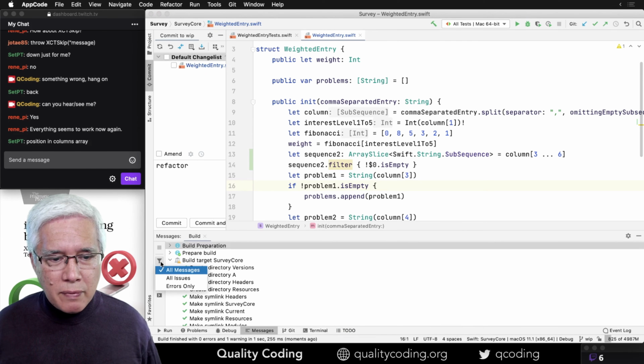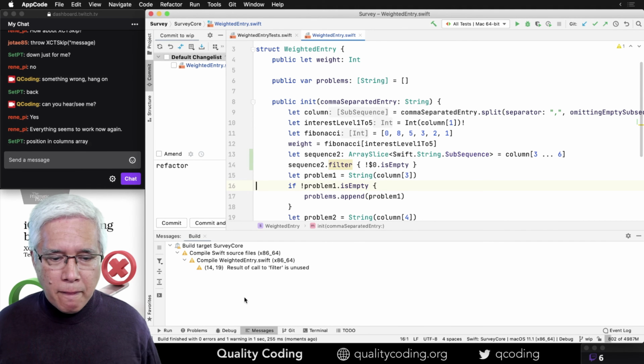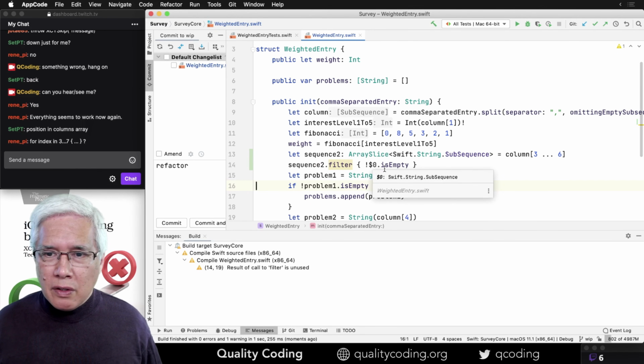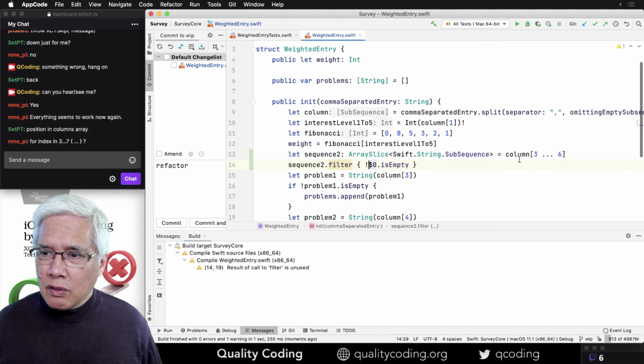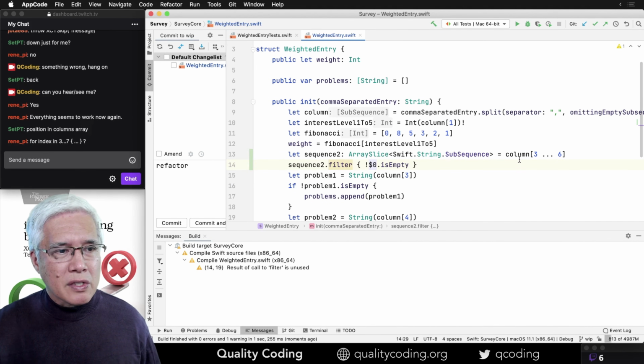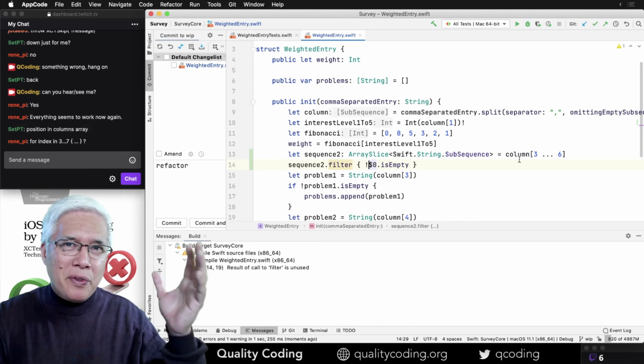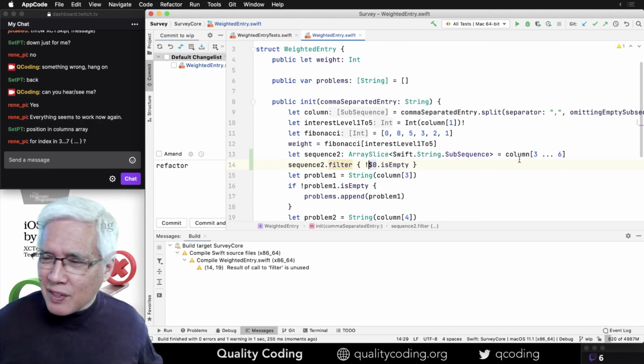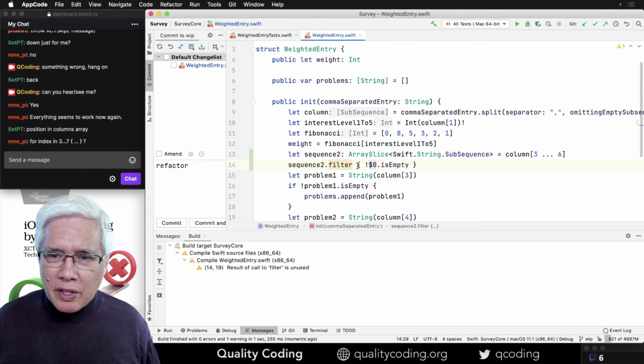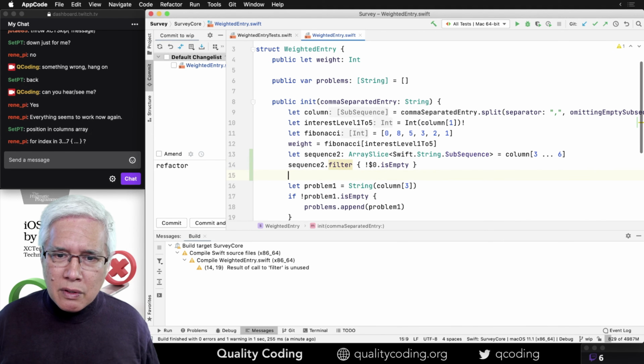Yeah. Let me turn off all messages and just show issues. There we go. All right. Index in 3 to 7. 3, 4, 5, 6. I have up to 4 answers. So I think it's 3 to 6 inclusive of both ends, whatever you call that, a closed range. All right, so I think I've filtered out now anything that's empty.